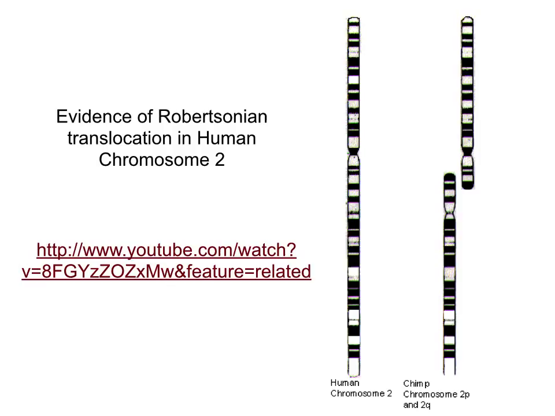Well, the answer to that is no, it's not possible. The reason is because every primate chromosome has so many important genes on it that the loss of both members of a pair would be fatal. You wouldn't even get through embryonic development. So there's only one possible explanation. And that explanation is that in the line that led to us, two chromosomes that were separate in other primates became fused to form a single chromosome. And this is why evolution is a science. That possibility is testable. We want to be able to look at our genes and find that we carry a chromosome with the marks of that fusion on it.